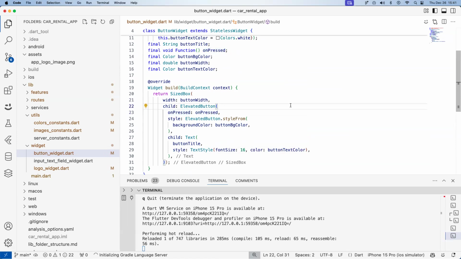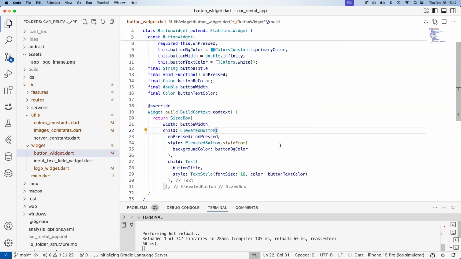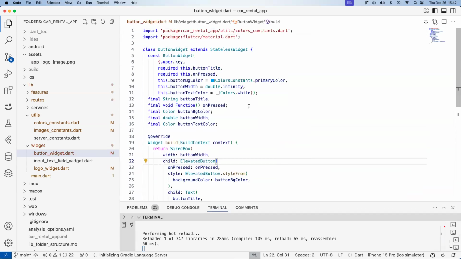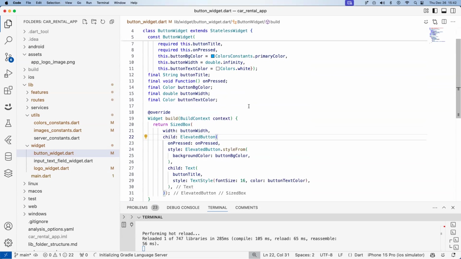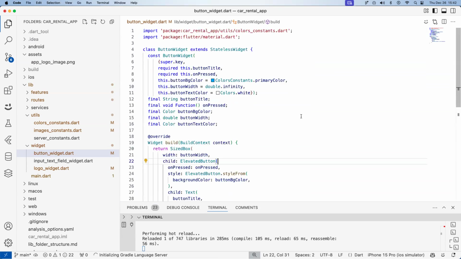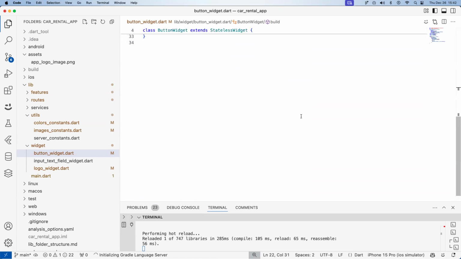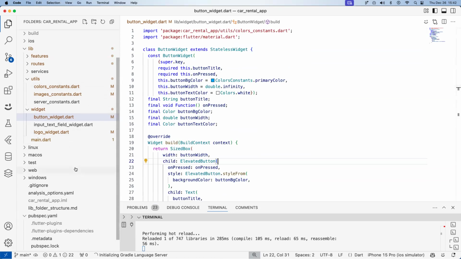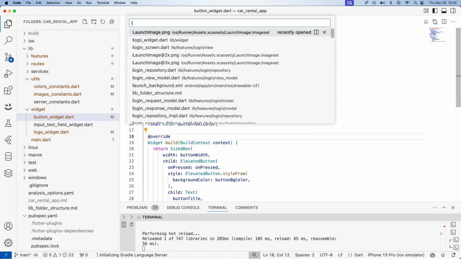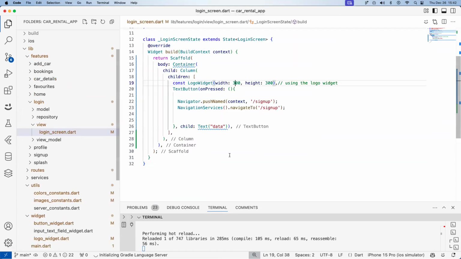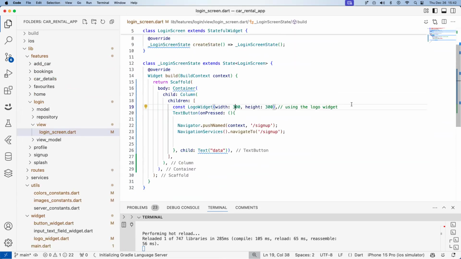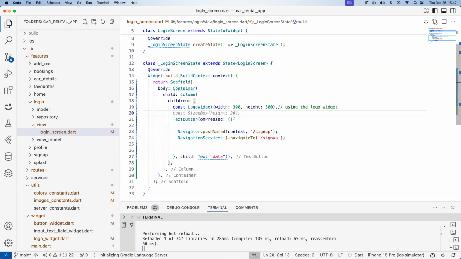Okay, so this is the button reusable widget. For now, I'm using it in the login page to load the button widget. So there is no lint issue till now, right? We didn't find any lint issue. We are clear on that. Let's go to the login screen because that is the initial one. I'm testing the reusable widgets one by one. We are done with the logo widget. We loaded that. Next one is